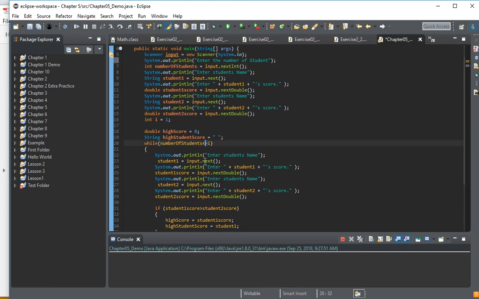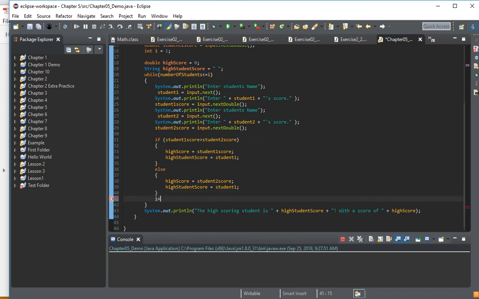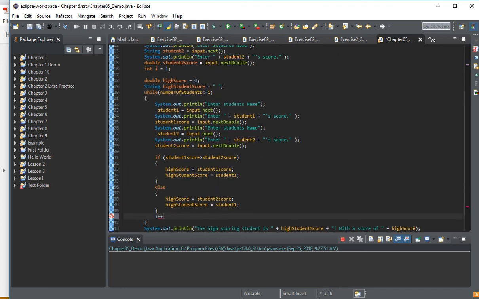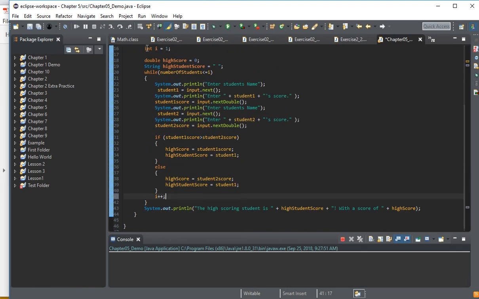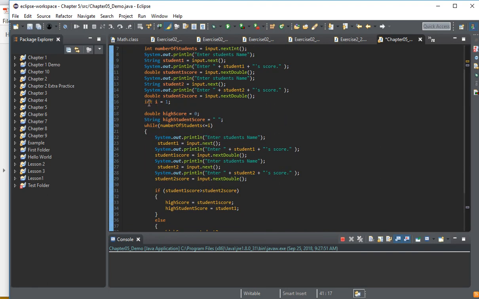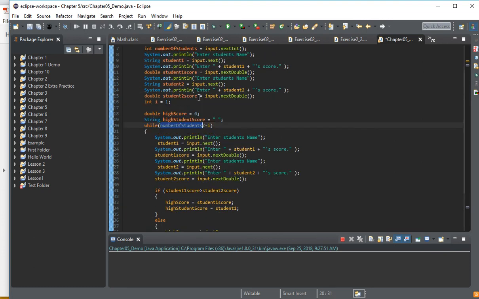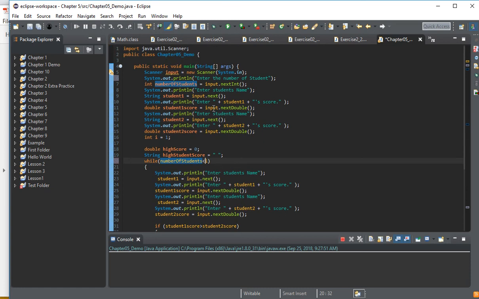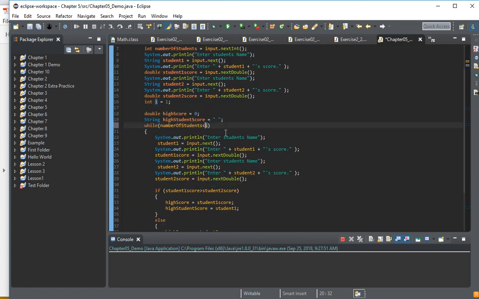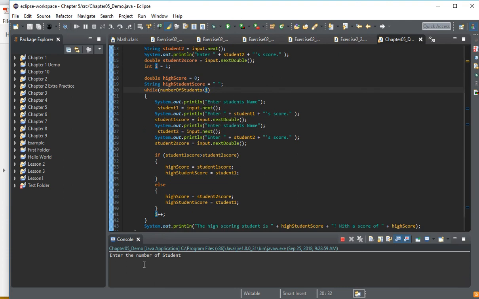And that will have i happen over and over, and i needs to plus plus at the end of the loop. And then that loop will happen over and over the number of times. Since i starts at 1, it'll happen the exact number of times the number of students there are. Okay, and actually it needs to happen one less time because we're going to enter the student first. Okay, and then so enter number of students,